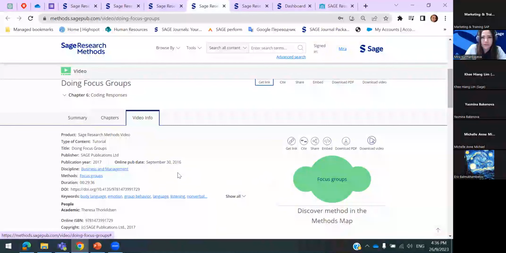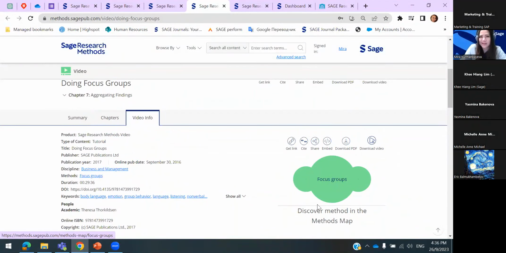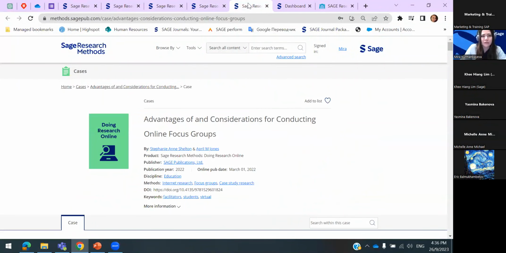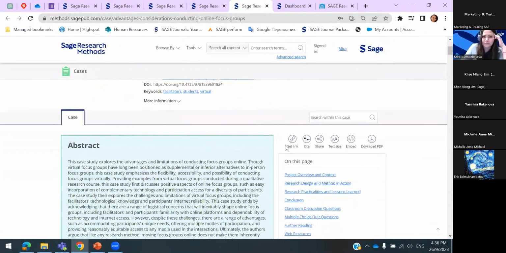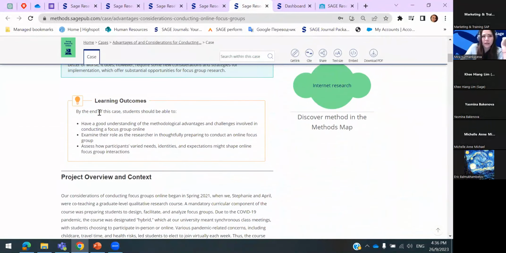There is information as well. Again, this methods map is just there, and I'm going to show it to you shortly. And the last thing that I would like to show when it comes to content type is, of course, cases. And cases is, as well as the previous content that I was showing you, you have your learning outcomes,